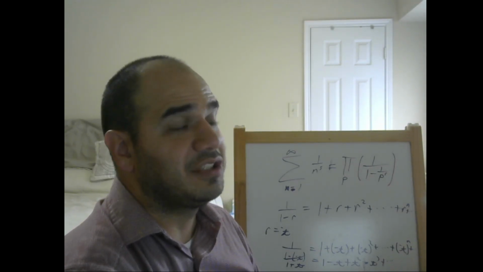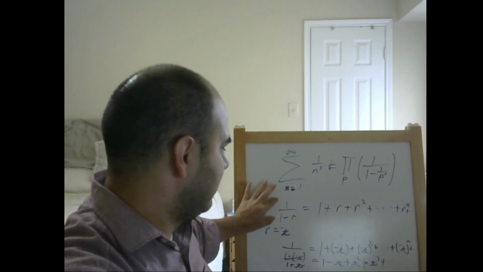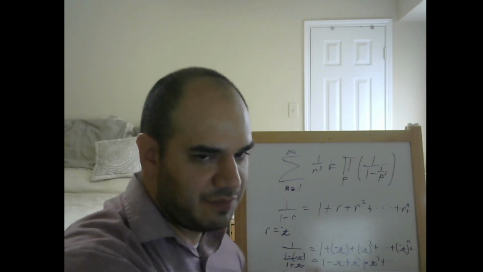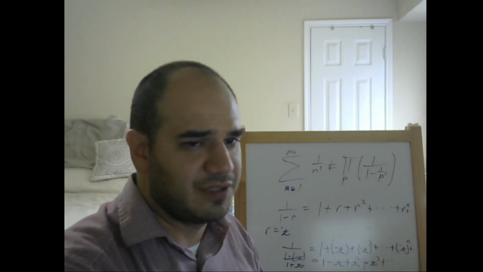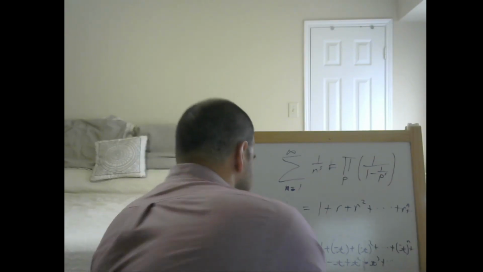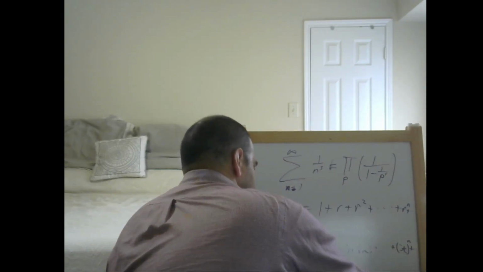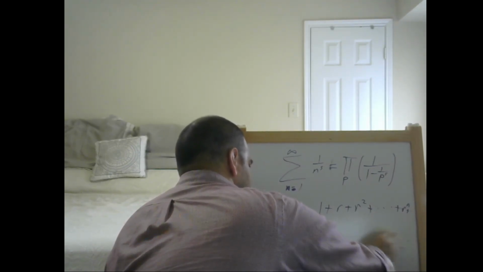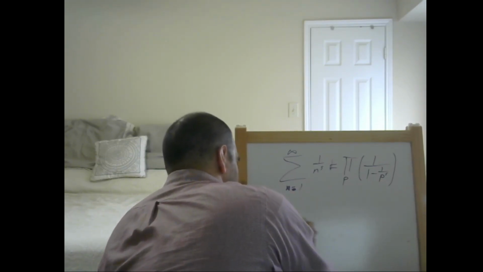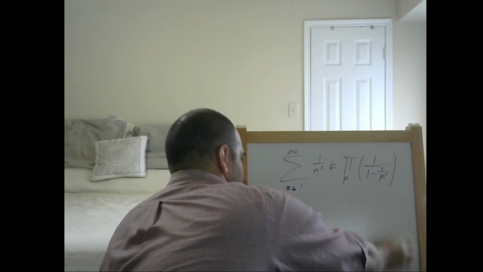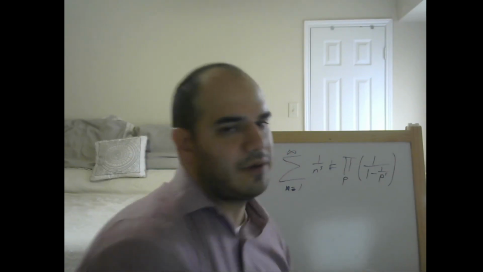So if the ratio is negative, then whenever you expand it, it becomes this sum with alternating terms. Okay,